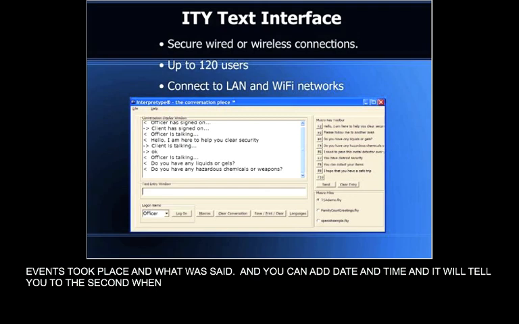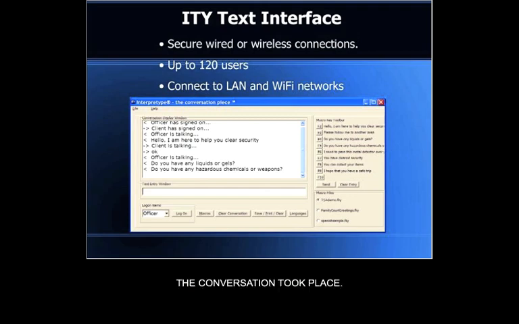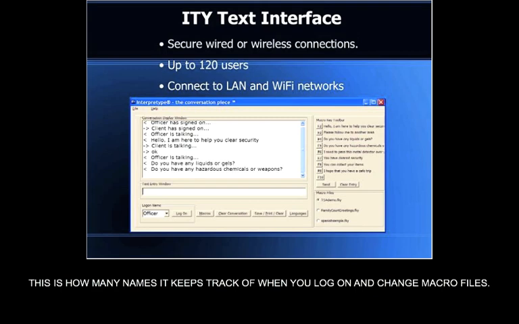Then down here, here's the signed on phrase. You can change that too if you like. So that's kind of the Communications tab. History directories. This is how many names it keeps track of when you log on or in when you change